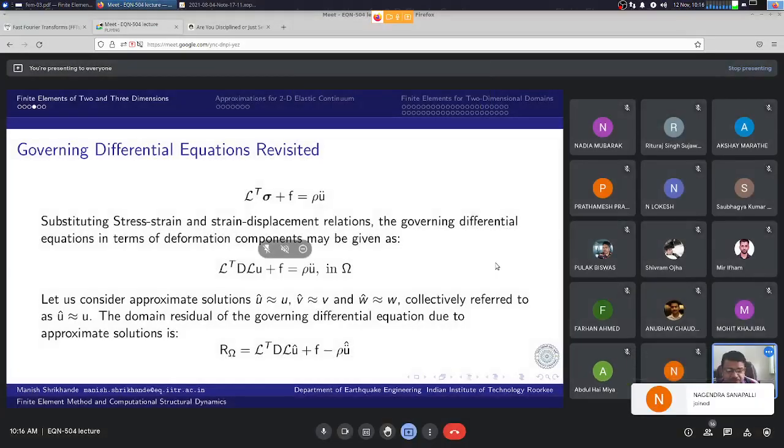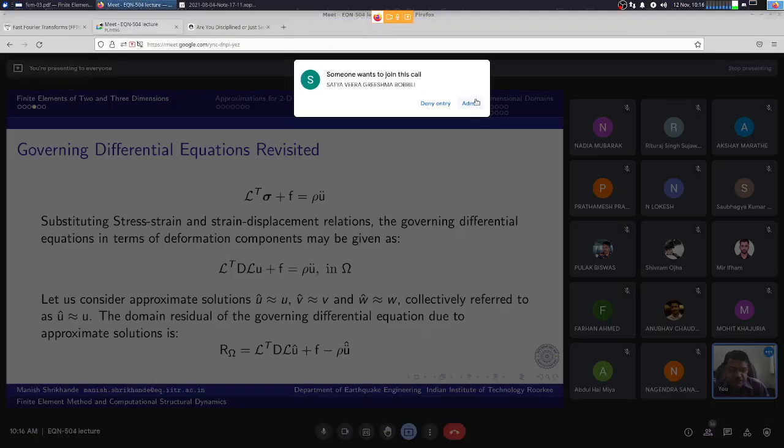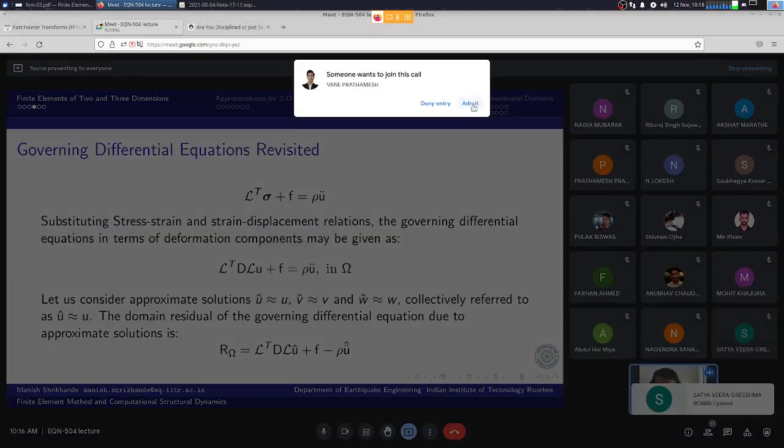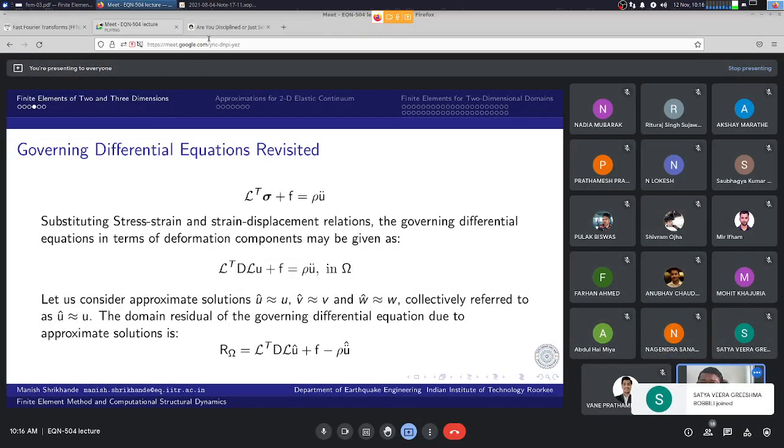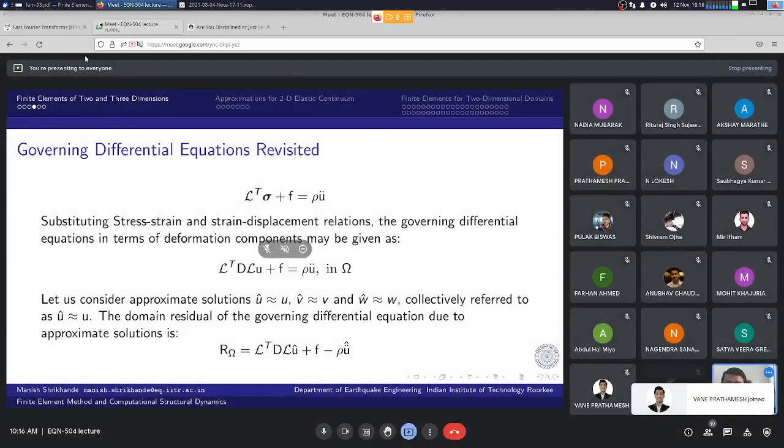So we do that, minimization of error of the governing differential equation, by using the method of weighted residuals,